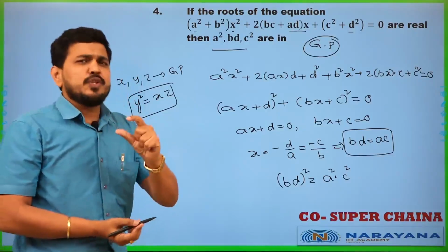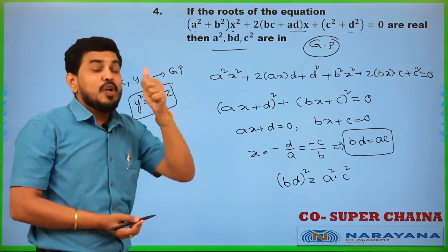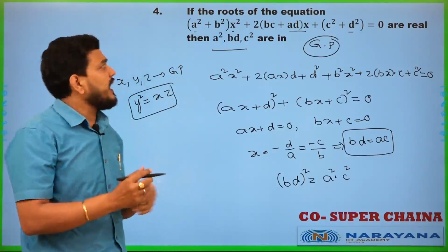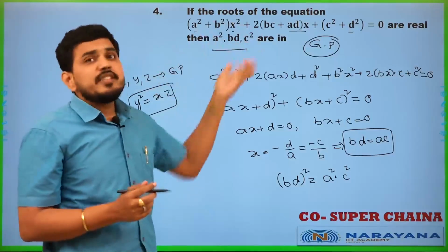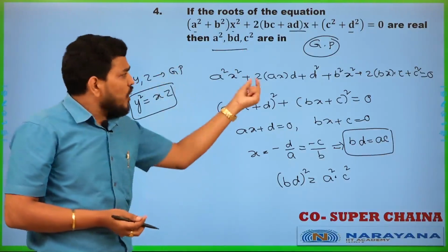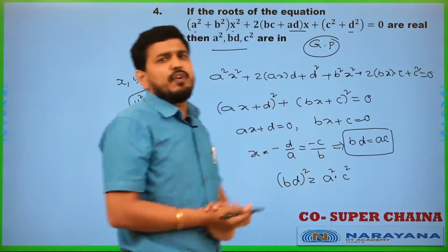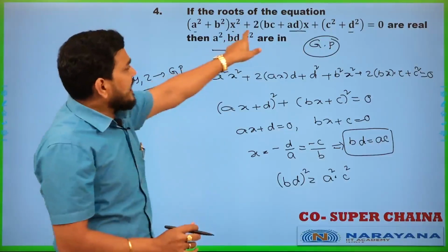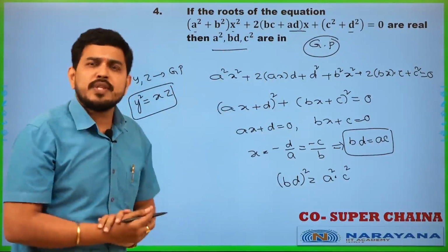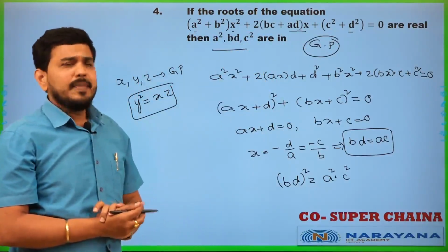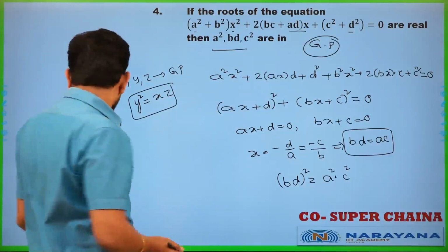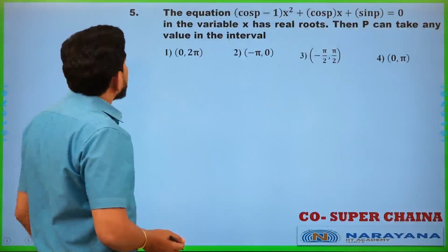It's a simple question, but it requires two concepts. One is you should know what the progressions AP, GP, HP are, and also you need to know the basics of the quadratic equation. And for the same question, if you are unable to convert it into this form, no need to worry, you can directly go for b square minus 4ac greater than or equal to 0 also. Okay? But for this question, this is the more preferred one. Let us look at the next question.